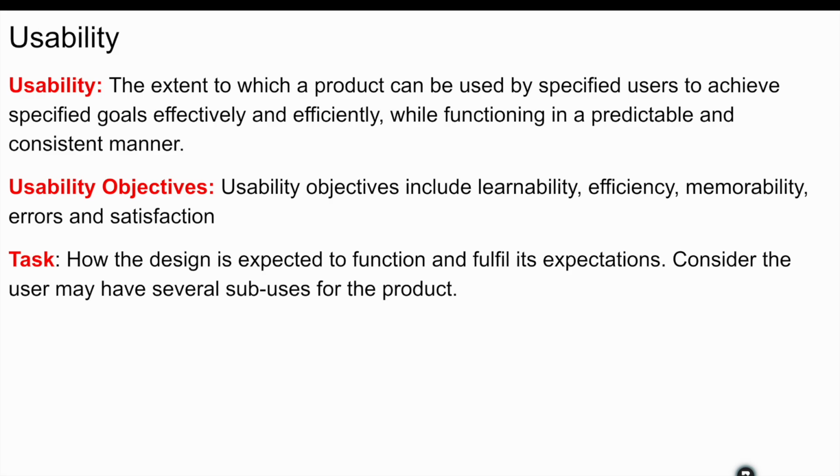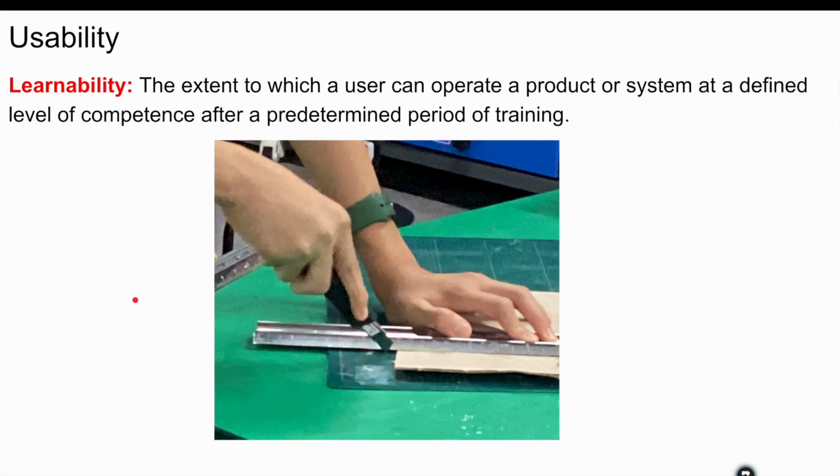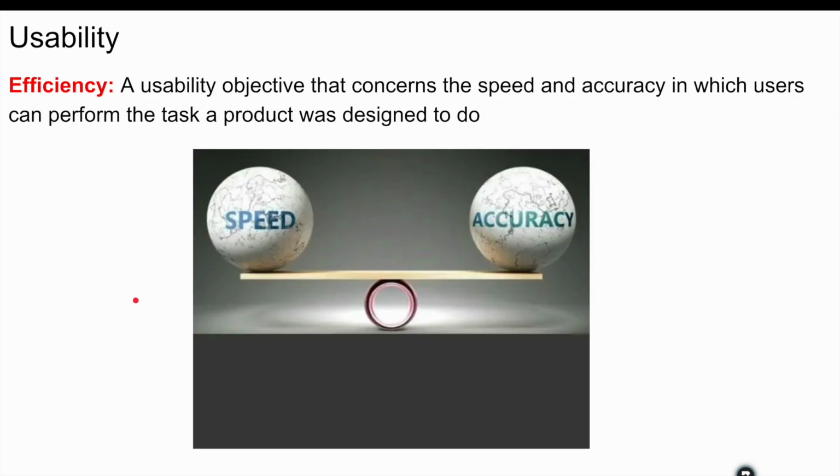And of course, a task is how the design is expected to function and fulfill its expectations. Consider the user may have several sub-uses for a product. Learnability is the extent to which a user can operate a product or system at a predefined level of competence after a predetermined period of training. Efficiency is the usability objective that concerns the speed and accuracy in which users can perform the task a product